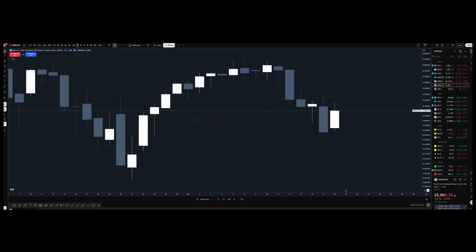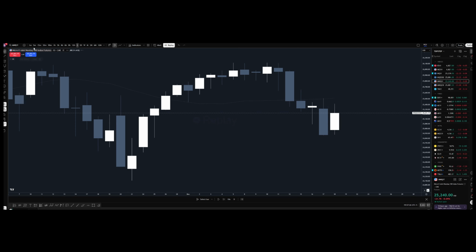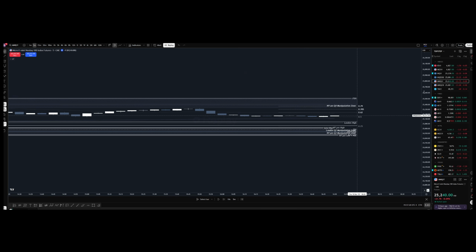So we're using the 5-minute change in state of delivery to measure the expansion. We're measuring the expansion of the 4-hour candles, and sometimes that is just the daily expansion as well, which we saw today with that New York AM, New York PM manipulation. That was the main manipulation of the day. If we go back to the 5-minute,